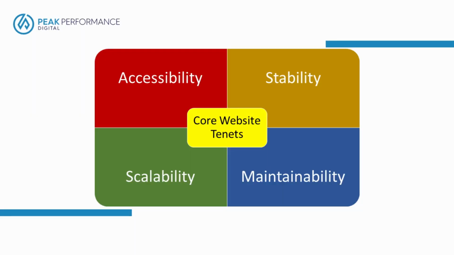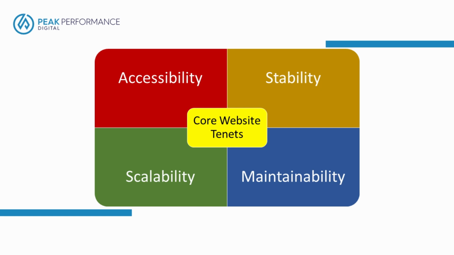few sections. Before I get into how these cards work, I want to get into the core website tenets for every website build. They're accessibility, stability, scalability, and maintainability. Accessibility means that each component is going to work regardless of what kind of device you're on or how you're accessing it. Whether you're on a desktop or a laptop or a mobile device, whether you're using a mouse and keyboard, your phone, or a screen reader to access it, you can still get to everything that